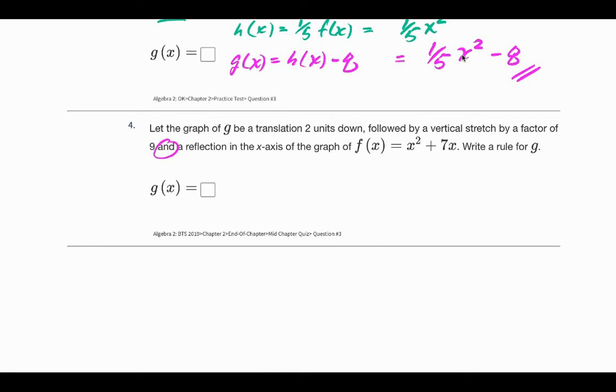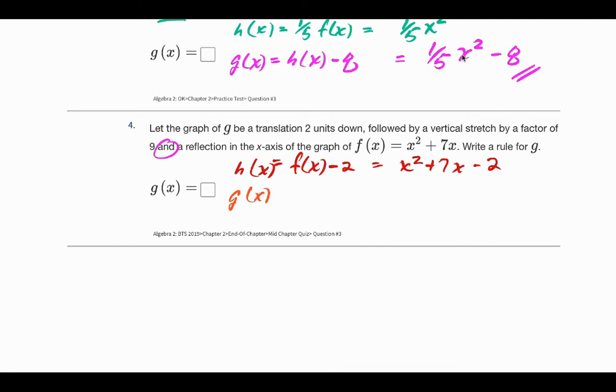Okay, again, I'll start with the h of x. Our h of x is going to take our f of x, and we're going to go 2 units down, so it's on the outside. In this case, our f of x was x squared plus 7x, and then we're just attaching that 2 to the outside. Our g of x,